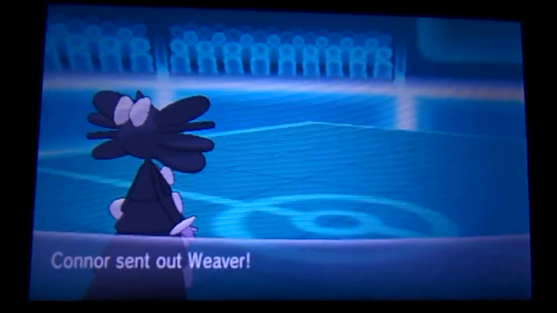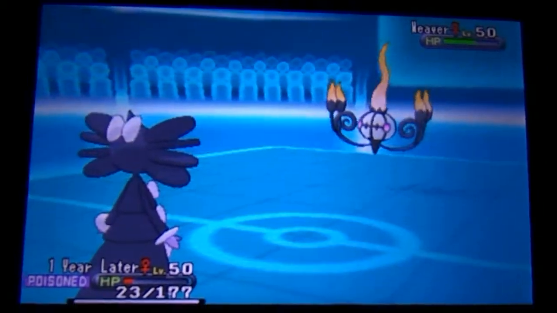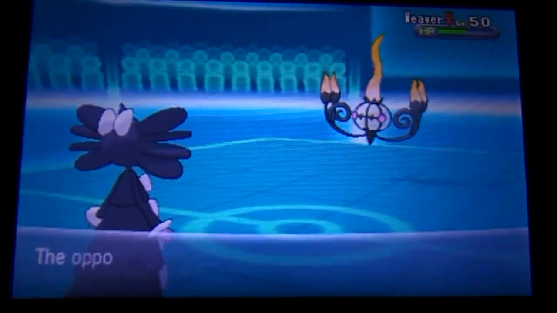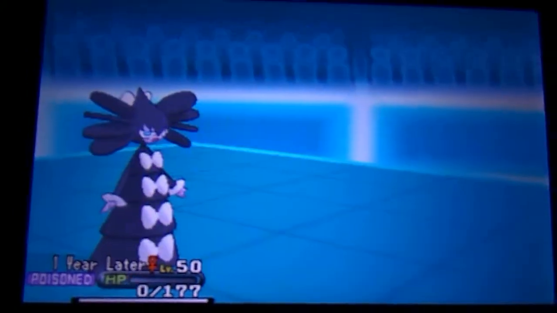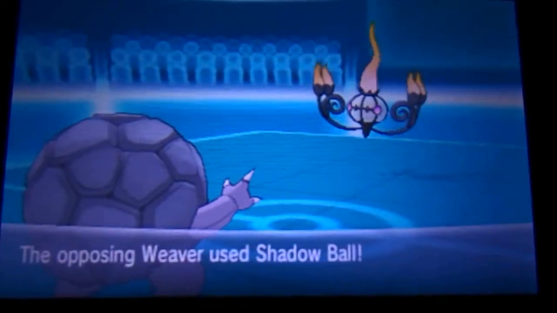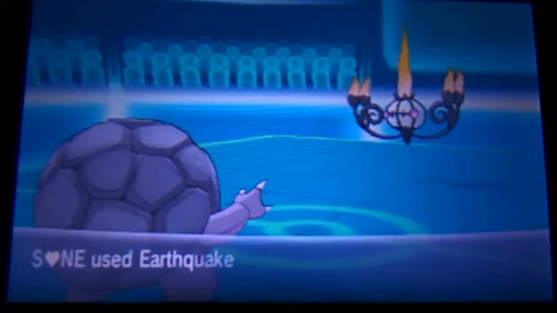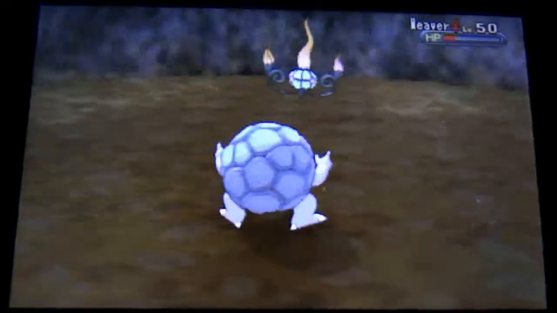Alright, so Gothitelle barely hanging on. Weaver comes out. I know he's scarfed, so he'll be locked into whatever he uses right here, which is Shadow Ball, which is fine by me, so I can switch in Golem and just wreck stuff. There he goes for Shadow Ball, and remarkably, it doesn't even take me down to my Sturdy. And I just go for Earthquake because I know his,